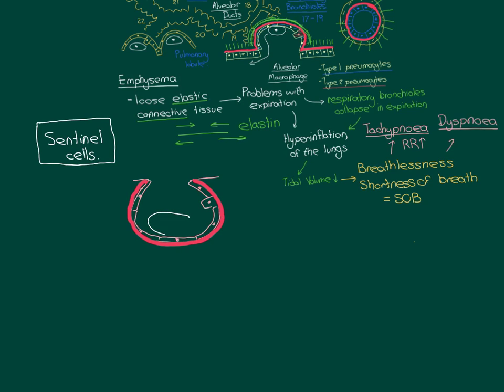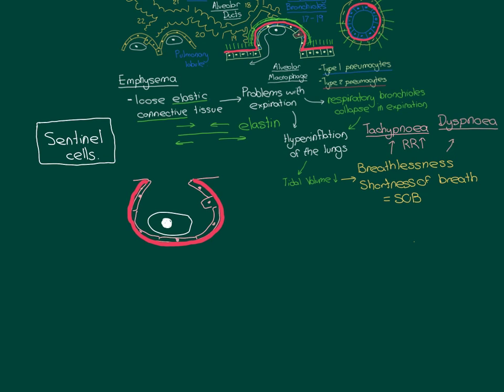So here is our alveolar macrophage. There's its nucleus in white there. And now the new type of sentinel cell that I want to add on to this picture is an alveolar dendritic cell. Now these are not just in the alveolar space like the alveolar macrophages. Instead they are underneath the basement membrane of the alveolus, but they have processes, dendrites, that will penetrate through the basement membrane and therefore can sample stuff that's in the alveolar space.